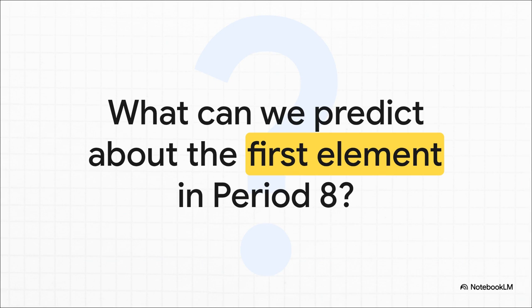Which brings us to today. The 7th row of the table is now officially full. But scientists are working right now, pushing the boundaries to create new elements for an 8th row. So, I'll leave you with this final question. Using the map we've just learned how to read, what can you predict about the very first element